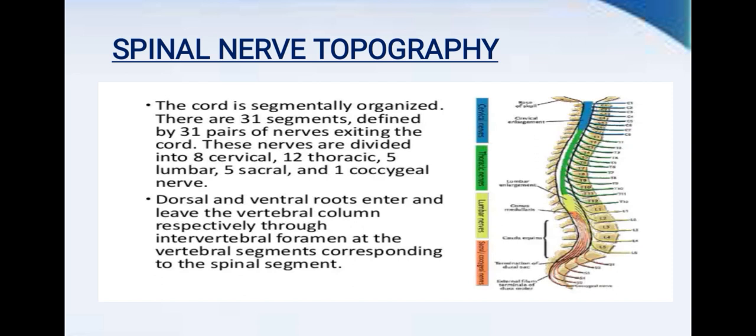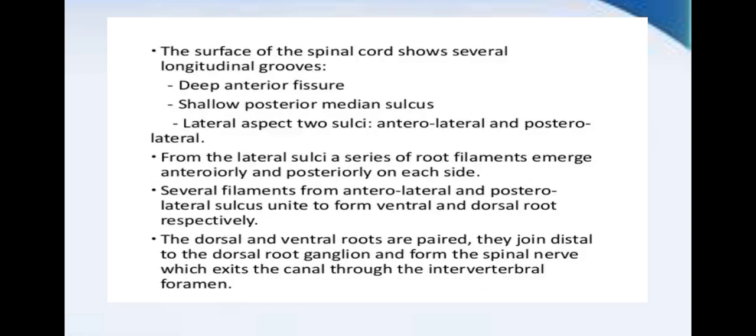Spinal nerve topography. The cord is segmentally organized. There are 31 segments defined by 31 pairs of nerves extending from the cord. These nerves are divided into 8 cervical, 12 thoracic, 5 lumbar, 5 sacral, and 1 coccygeal nerve. Dorsal and ventral roots enter and leave the vertebral column respectively through the intervertebral foramen at the vertebral segments corresponding to the spinal segment. The surface of the spinal cord shows several longitudinal grooves: a deep anterior fissure, a shallow posterior median sulcus,